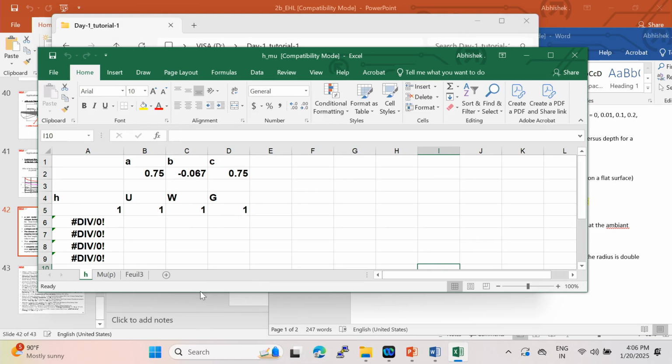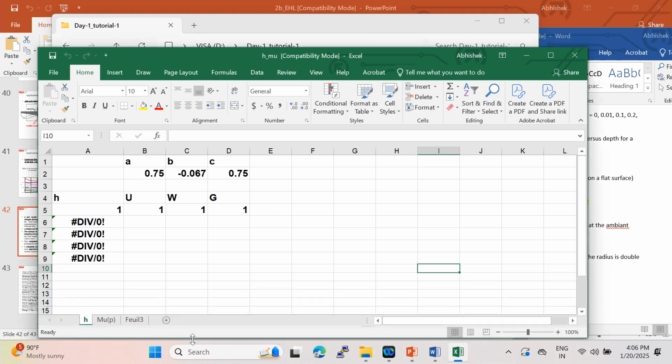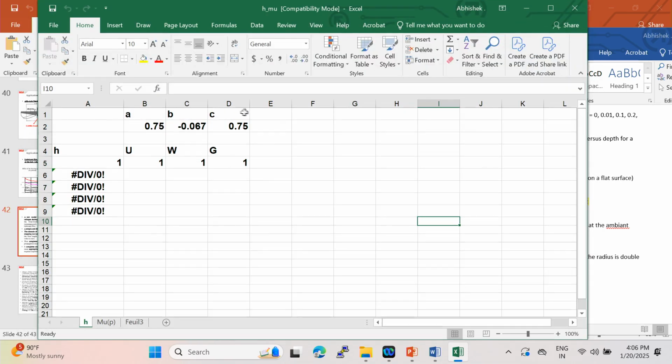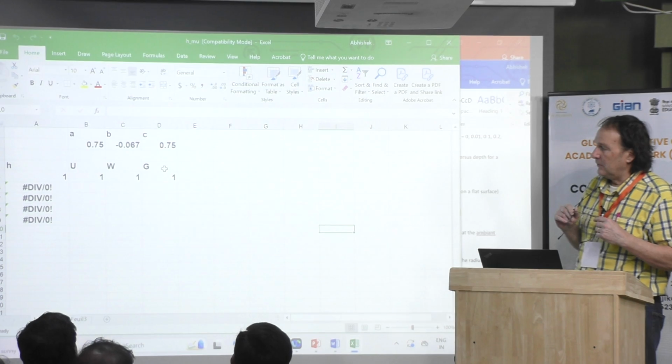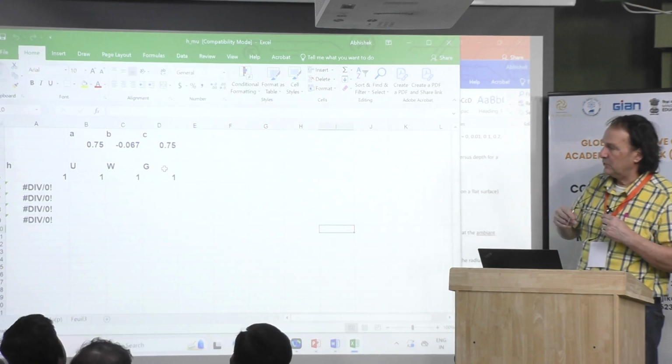Okay, this is the same principle. I took this equation. I don't remember which one it is, but okay. The first one is a variation of film thickness with speed, u. The second one with the load, and the third one with the Young modulus or the viscosity pressure coefficient. Okay. Now, try to change the load.